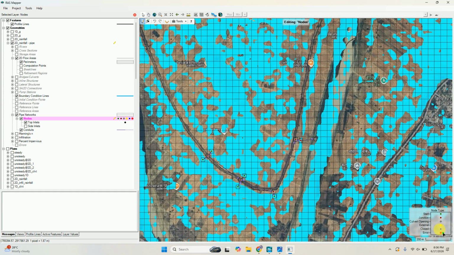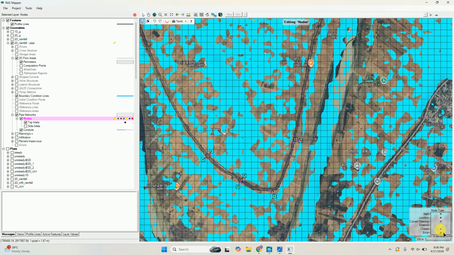Similarly, if somewhere you are not going to dump at that point, that is closed. If you do not allocate the node as a junction or a culvert opening, then that node will be treated as closed.